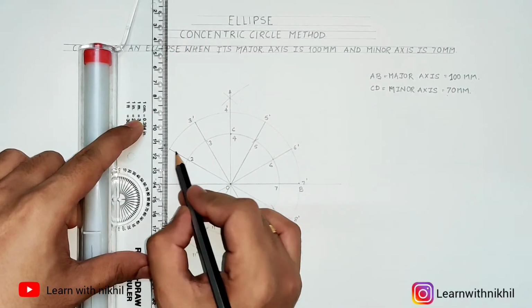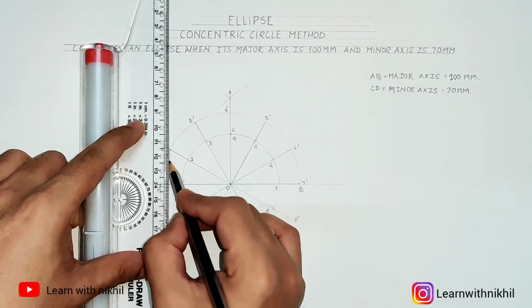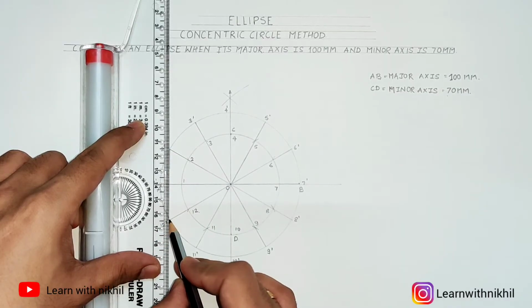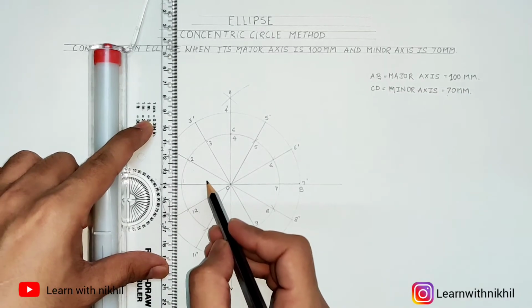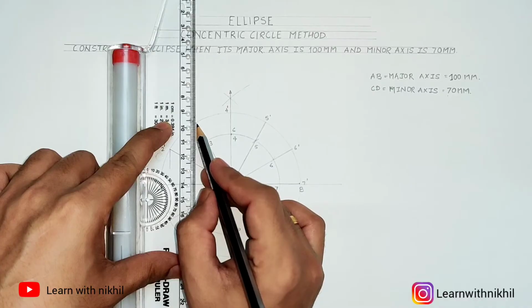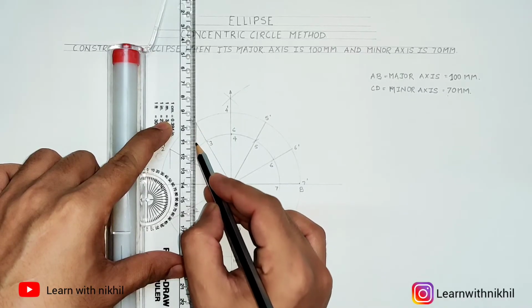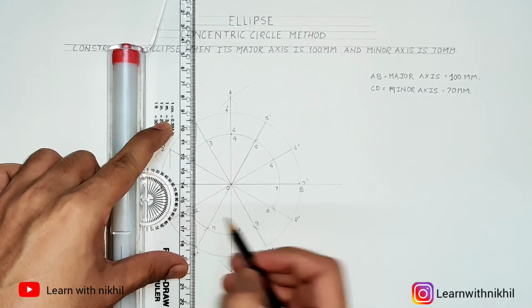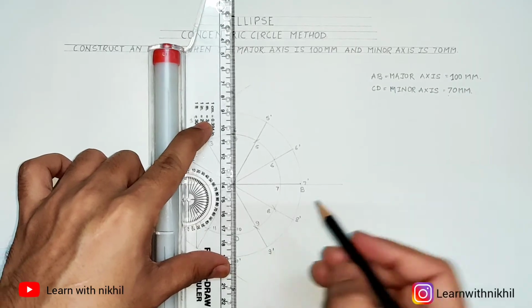So from the outer circle, from 2 dash, we will draw a straight line down, and from 12 dash, straight line up. Now from the next 2 points, 3 dash and 11 dash,